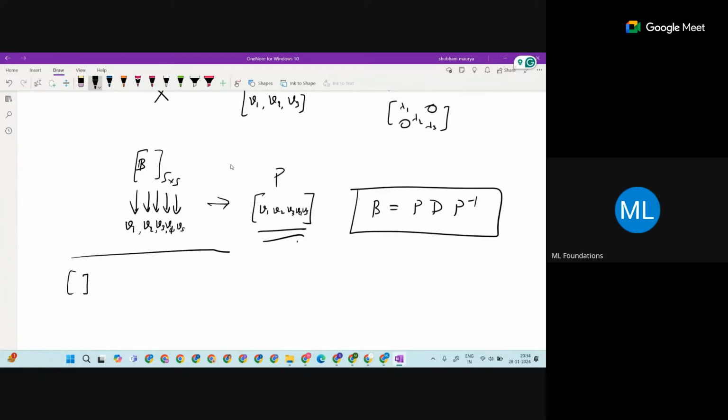So this is diagonalizability. Why are we studying it? To get the power of a matrix. For example, suppose I want to find B square of this matrix, then sometimes it can be easily calculated, even manually. But the case is that I want to calculate B power 100. We are not able to do it manually, and even if I give it to a computer, the computer will also take time.